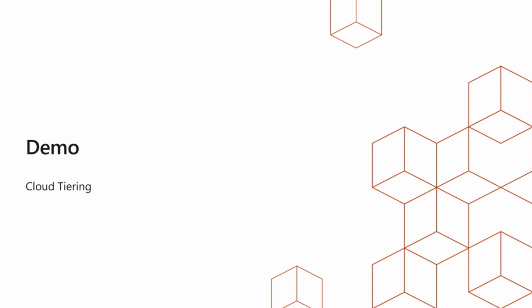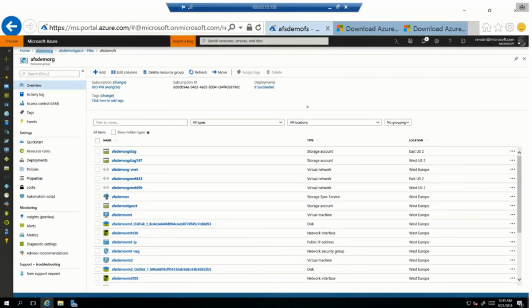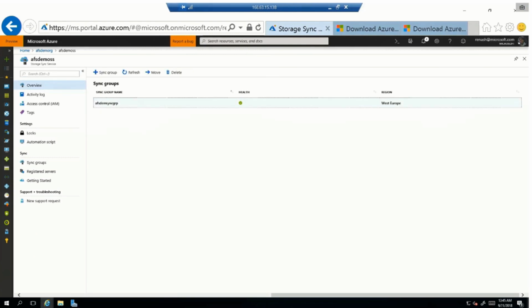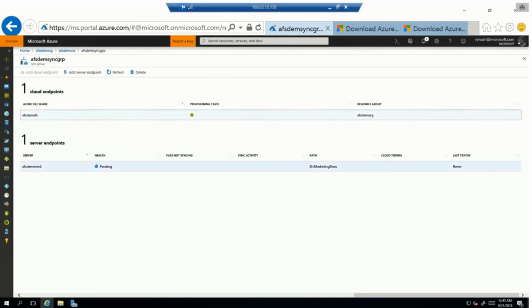and move your data to the cloud. What the demo will show, and this is a video recorded demo, is a sync group where I have a server and a cloud endpoint registered. As soon as I enable a cloud tiering policy, it will free up my space on-premises, and I will show you how that is done. What you see on the screen is a sync service, and there is a sync group which has both your server endpoint and your cloud endpoint, where the data is syncing to each other. The cloud endpoint is number one,